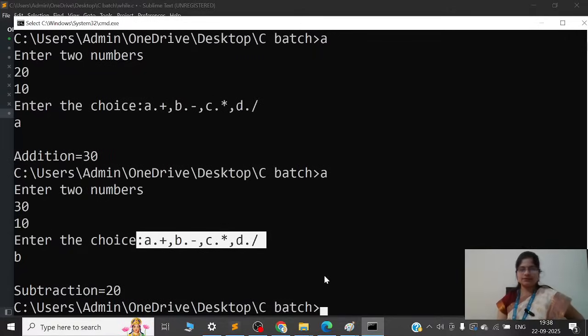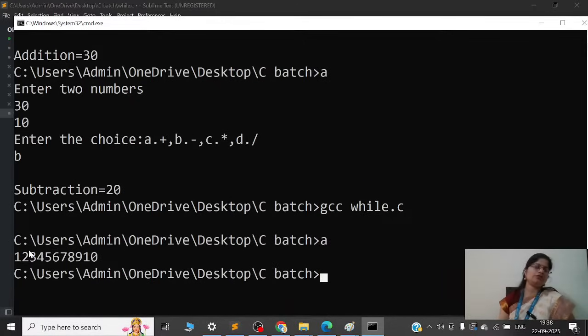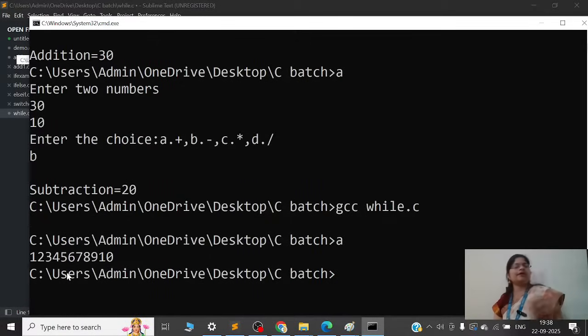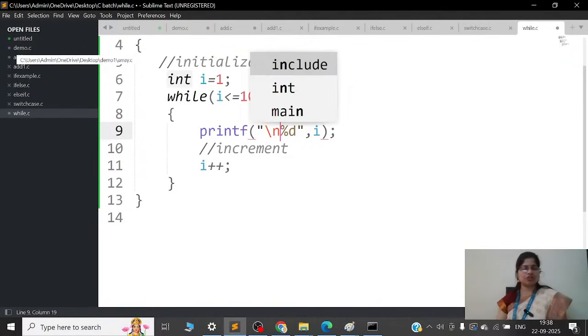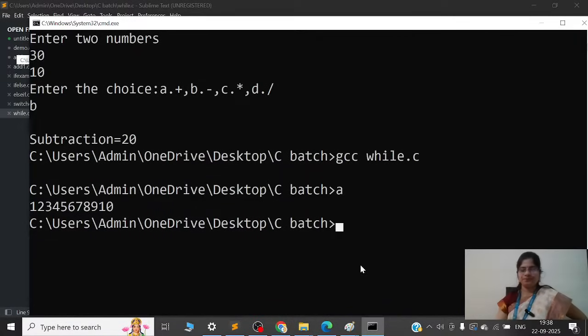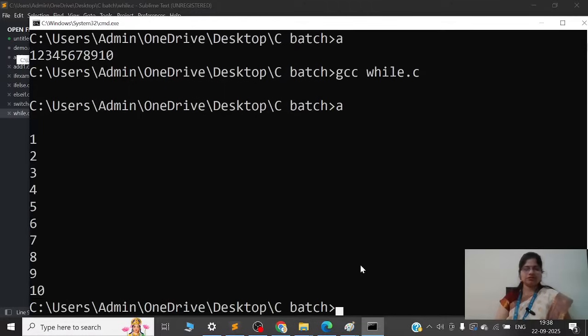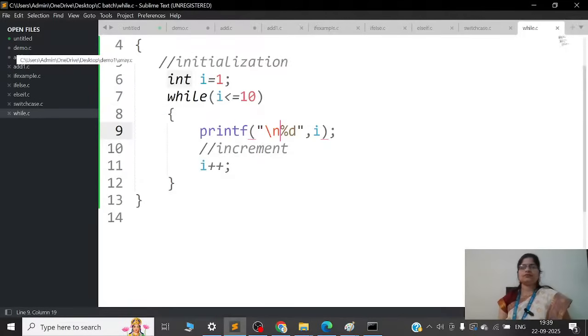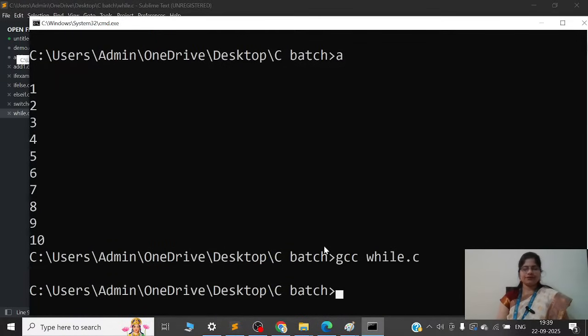सो आई विल रन दिस. तो अभी देखो gcc while डॉट सी. तो ये देखो 1 2 3 4 5 6 7 8 9 10. अभी ये सारा एक ही लाइन में प्रिंट हुआ है. आपको नेक्स्ट लाइन पे नंबर चाहिए तो यहाँ पे क्या करो \n. \n इज फॉर न्यू लाइन. सेव इट. आई नीड टू कंपाइल फर्स्ट. अभी देखो 1 2 3 4 5 6 7 8 9 10. ये आपको ऐसे प्रिंट करना है. i इक्वल टू i की वैल्यू तो ऐसे भी प्रिंट कर सकते हो. सेव किया. आई विल कंपाइल इट, रन इट.